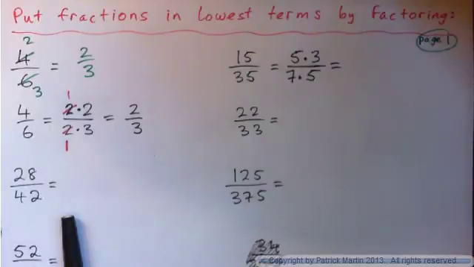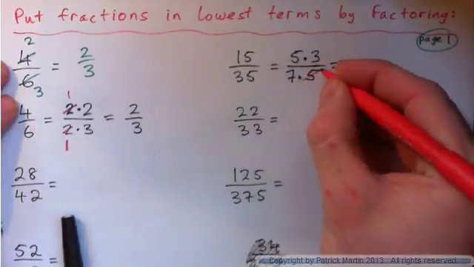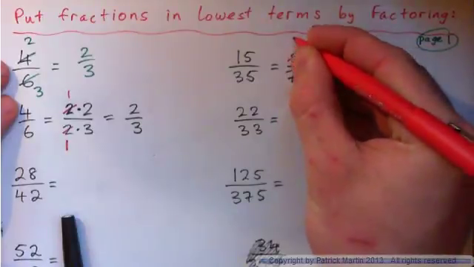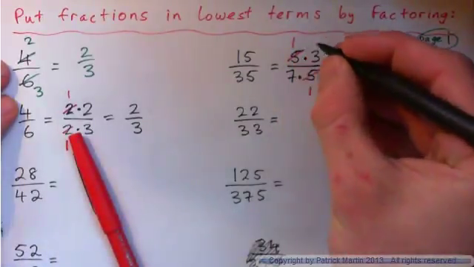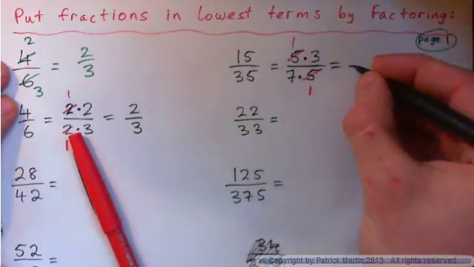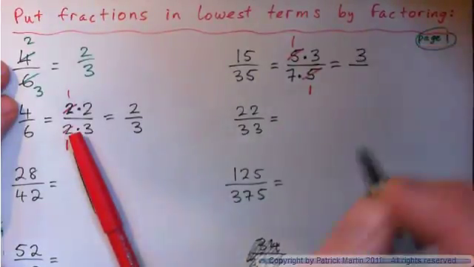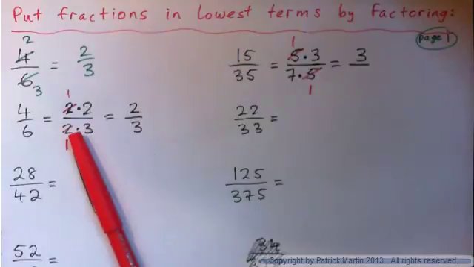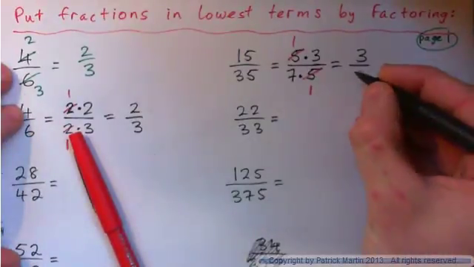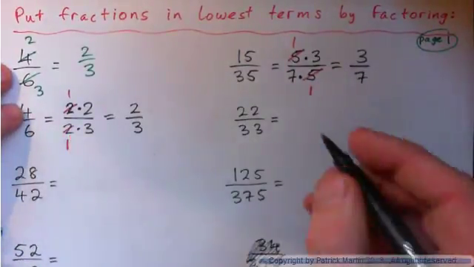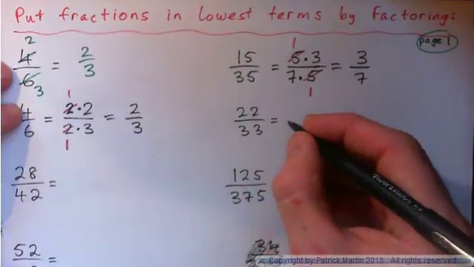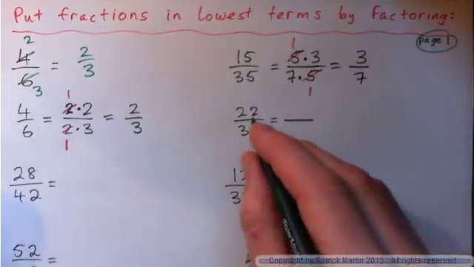Do you see a common factor in the top and bottom? 5 into 5 goes once, 5 into 5 goes once. So we get 1 times 3, which is, what do we get in the top? 3. And what do we get in the bottom? 7 times 1? 7, right? So what I'd like you to do now is do 22 over 33, and I'd like you to first factorize